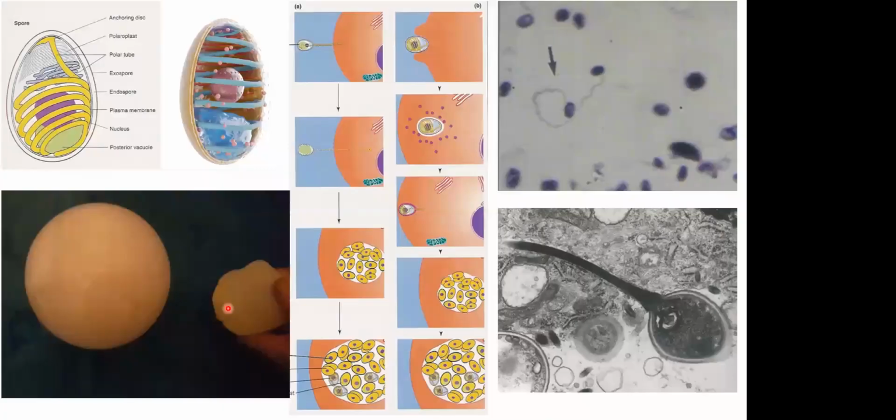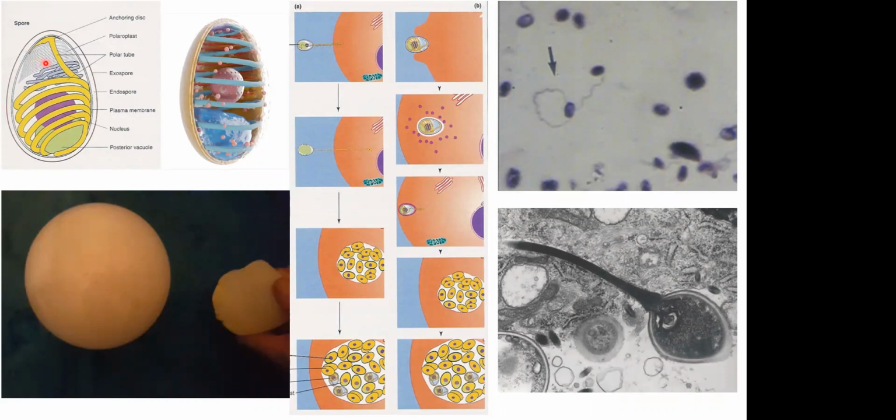So how do they work? The unit of infection for Microsporidiosis is the spore. Starting at the top left here, you can see the components of the spore, and the really obvious part that stands out is this coiled up filament or tubule inside the spore. And then there's a nucleus, of course, because these are eukaryotic organisms, and various organelles and structures which have evolved to optimize the infectivity of